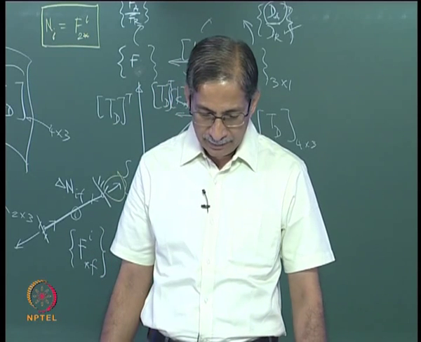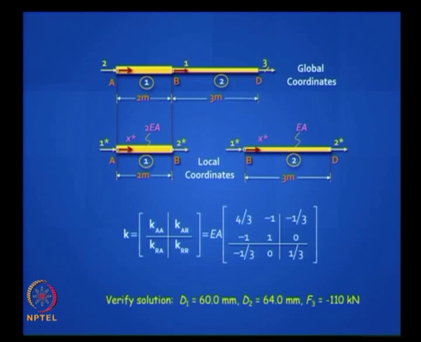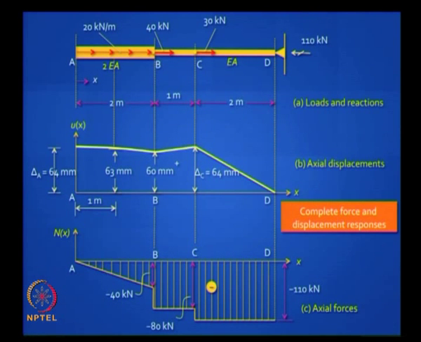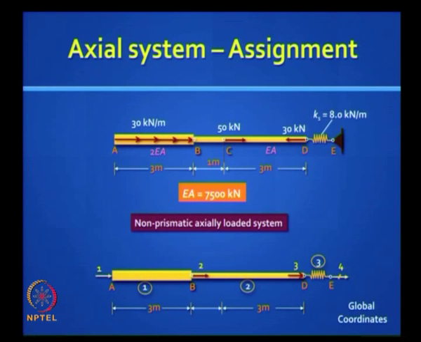But you have 2 degrees of freedom. I am not going to solve the problem, I am giving you the answers, check it out, okay. The answers turn out to be 60, 64, just check it out. Okay, this will be your diagram. The problem that I have given you in the assignment is this one. Okay, this is the problem that you have got in the assignment.